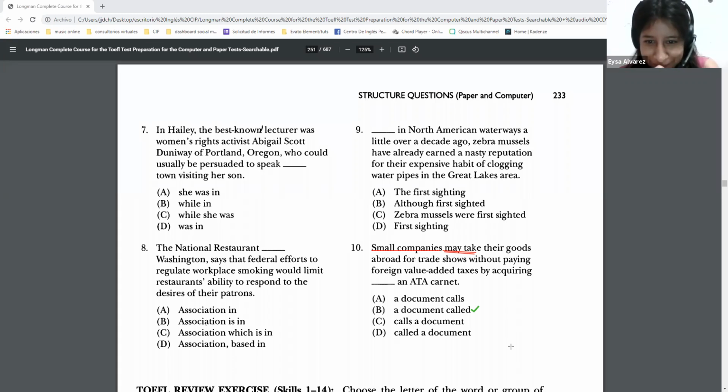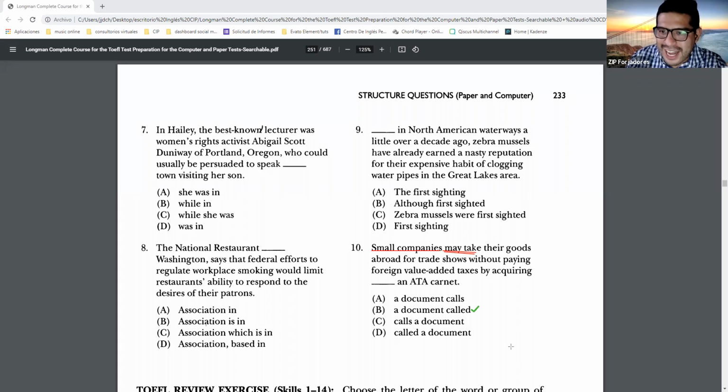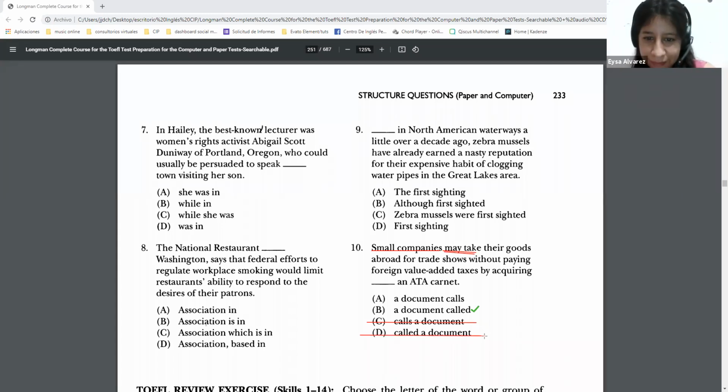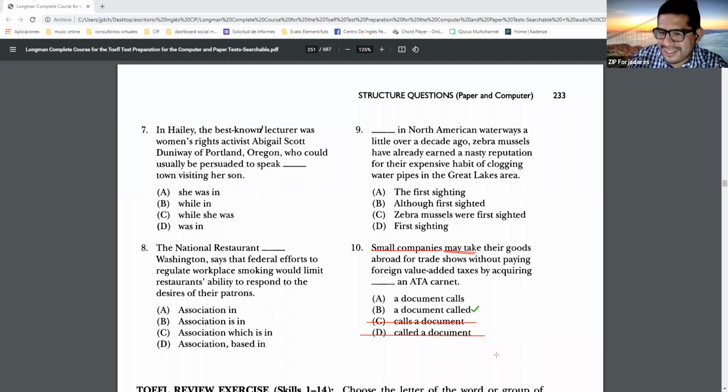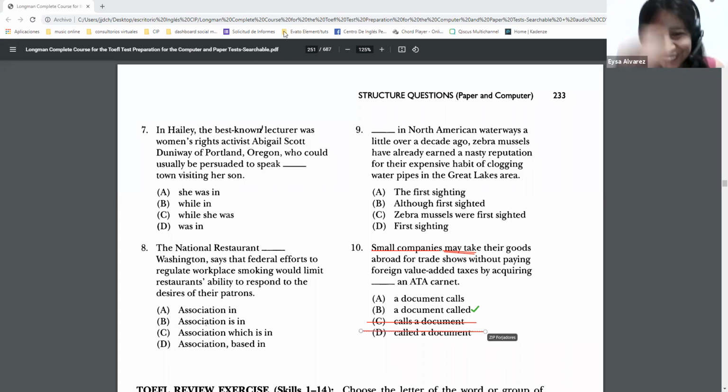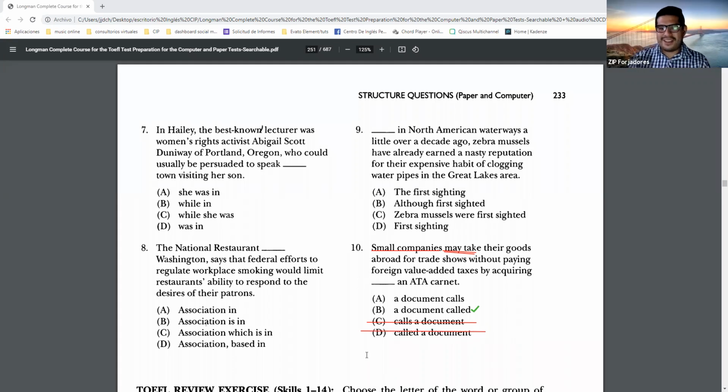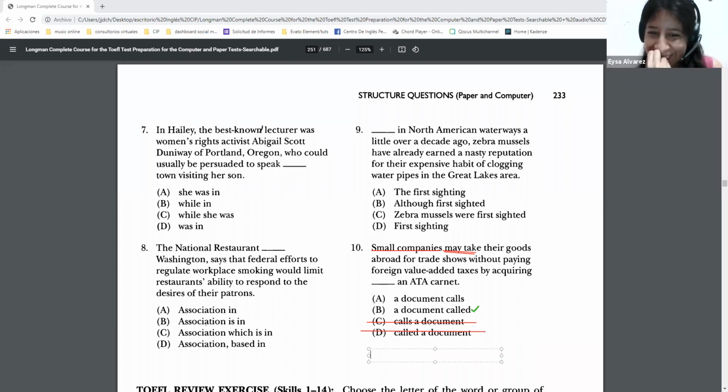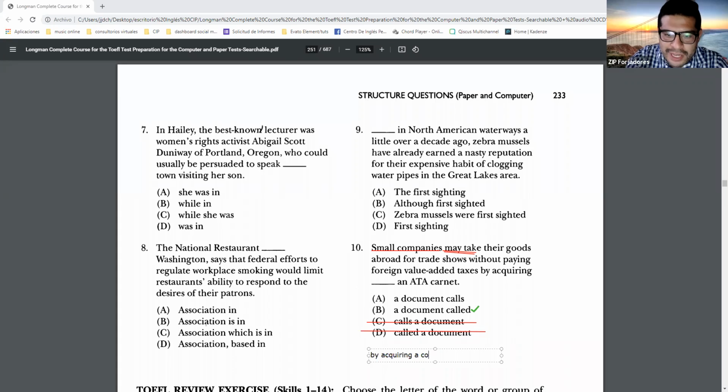So an adjective clause, remember, is after a noun. So letter C cannot be because the noun is after. Okay. Actually, I was checking on the complete sentence. Just tell me the complete sentence. So by acquiring a document,